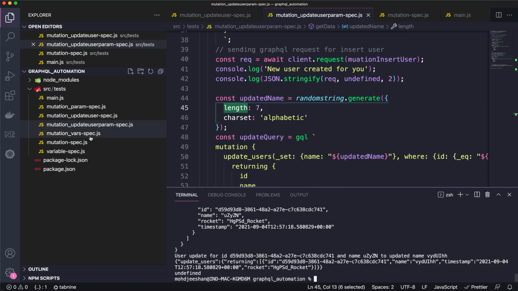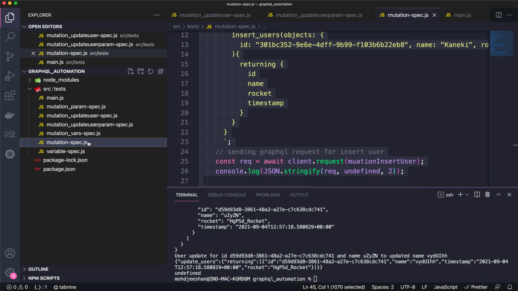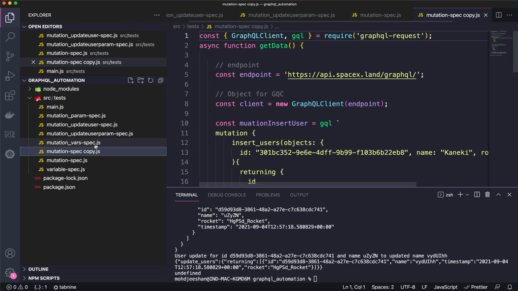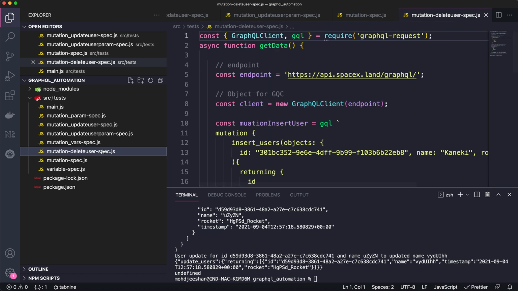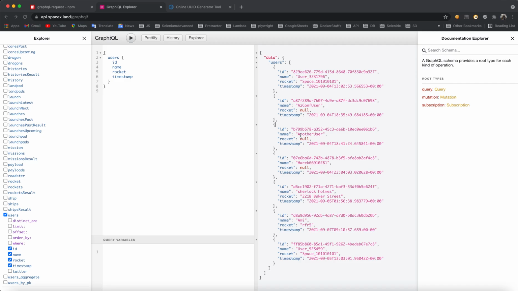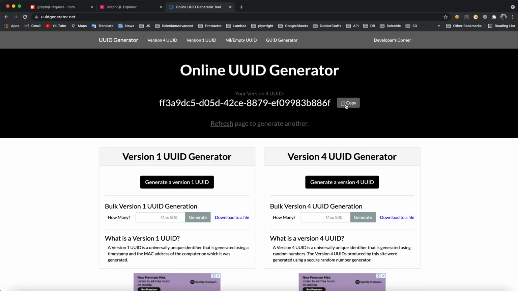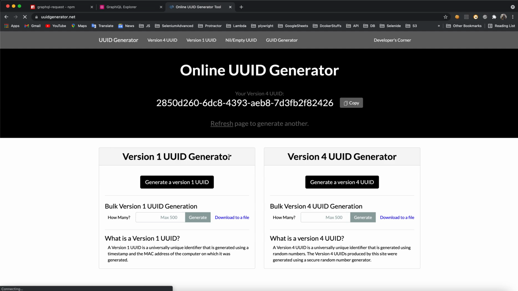So what I will do, I will just create another spec file with the name mutation delete user hyphen spec.js. Okay, so we'll be using a couple of things from here. So first of all, let's try to generate a unique ID, which is like a UUID in our case.